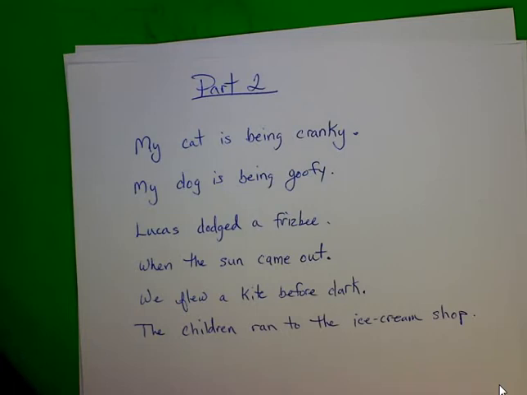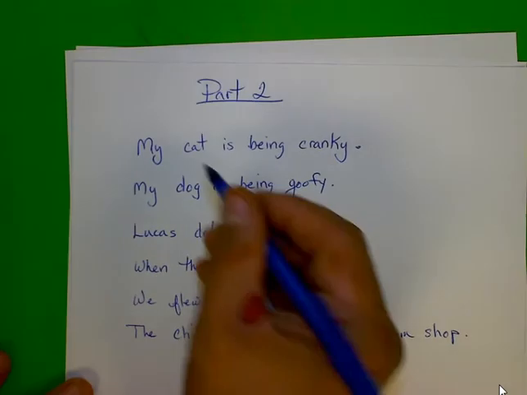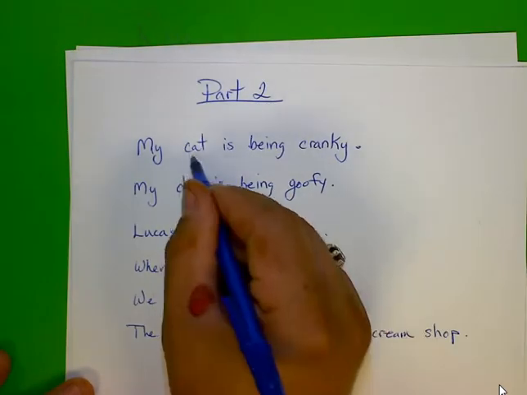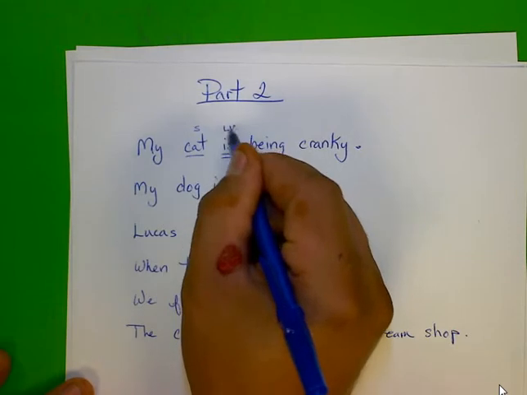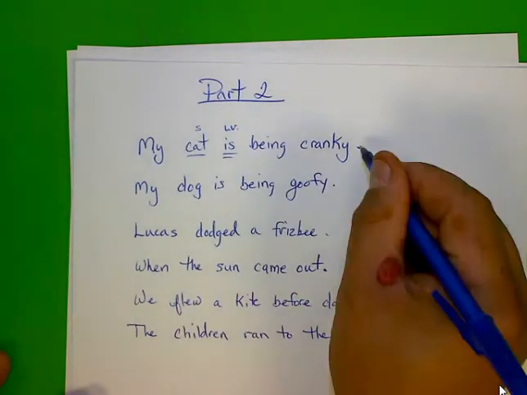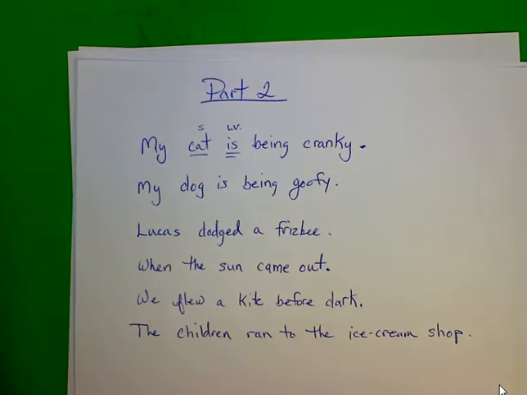And the reason is because if you look at the examples I have here, my cat is being cranky. So we have a subject and we have our linking verb again. This is a complete idea. This period is perfectly where it's supposed to be. It's doing its job. It's ending that idea, that one idea. But